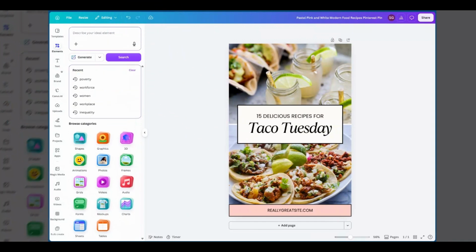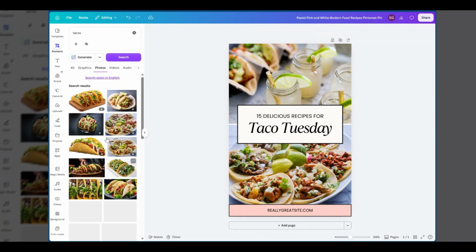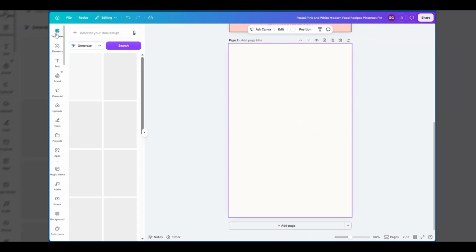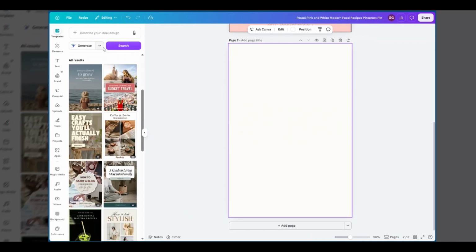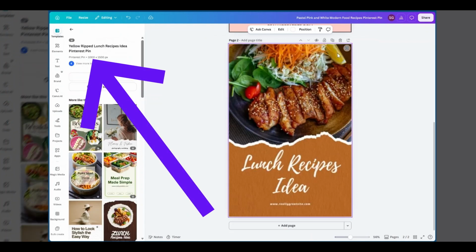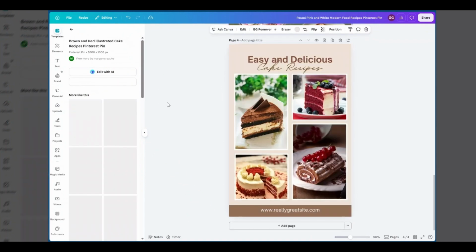You can also, of course, search images here, photos, and as you can see, this is where this was found. So depending on what your niche is, if you need to search photos, you can. And then of course, if you are making these recipes and you have your own pictures, you can do that as well. Add a new page, go over to template. As you can see here, just type in recipes or whatever you're doing, and you have a ton of different templates that you can hit a new page,